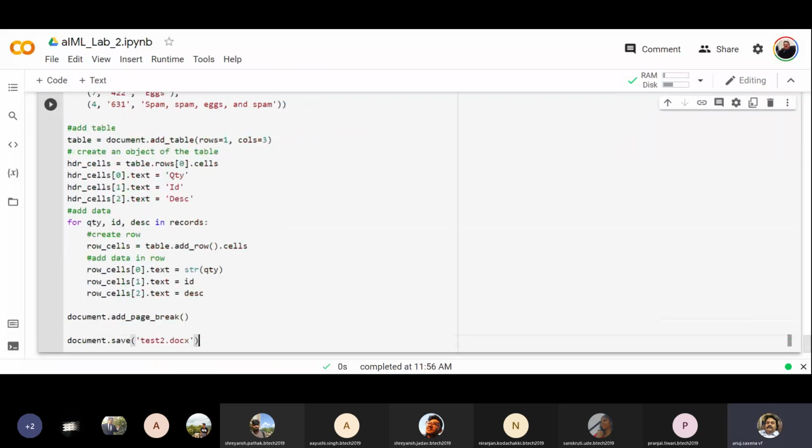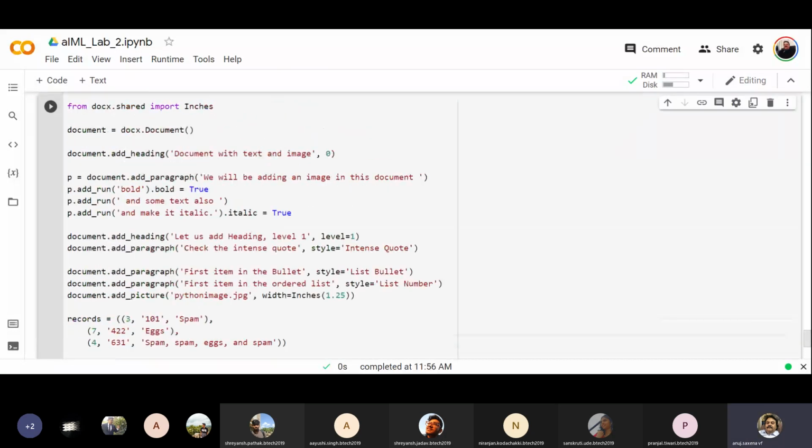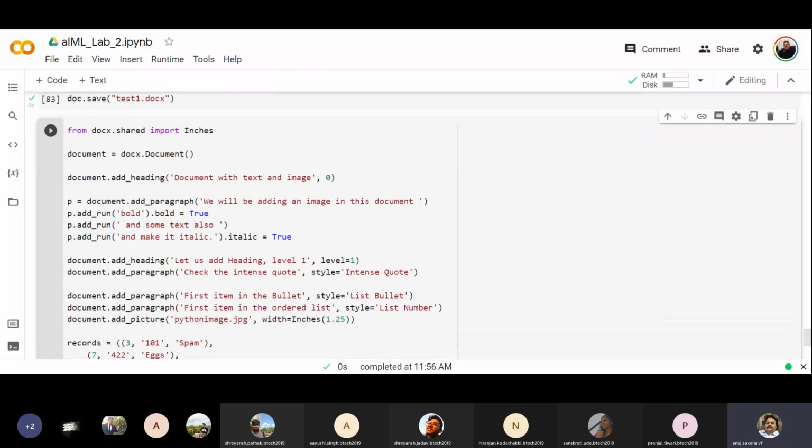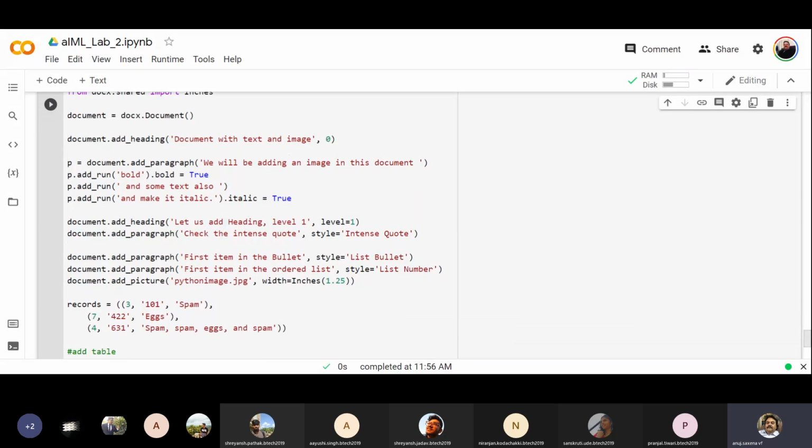Okay. This is creating a few more things in a doc file. You have the headers and then the paragraphs, it is the same thing. I've added a heading. Let us use document.add_heading, and let us add heading level 1, level is equal to 1, level 2 in intense, style is equal to intense quote. Okay. Then